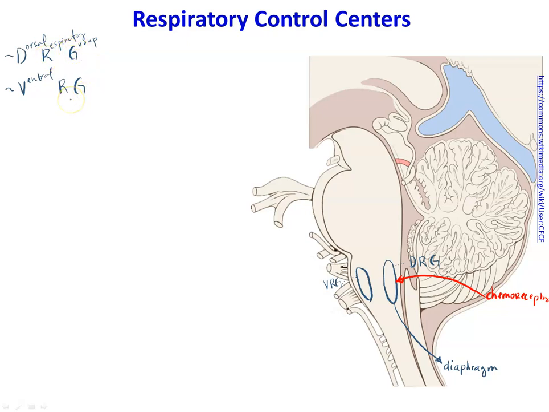So the ventral respiratory group, there's a couple things going on in the ventral respiratory group, and one of the things is it's also innervating muscles, and this is all muscles of the airway. So it keeps airway muscles open